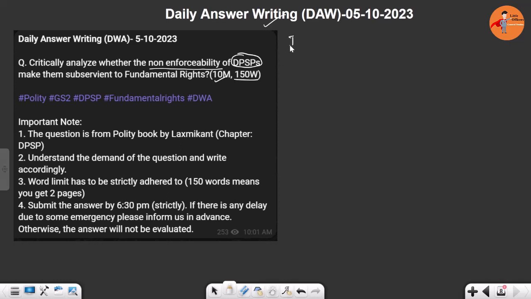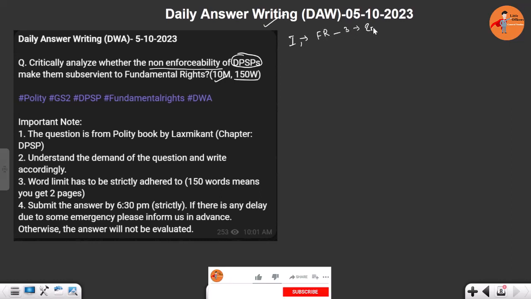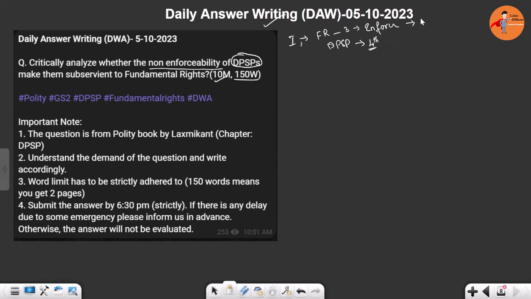In the introduction, we will begin with what fundamental rights and directive principles are, in a simple manner. So don't go elaborate much. Simply write fundamental rights being in Part 3 of the constitution and they are enforceable. Then directive principles of state policy, which are in Part 4 of the constitution. If you remember, you can write the articles as well. For example, these are Articles 12 to 35 and then 36 to 51. So you can mention these articles and the parts of the constitution in the introduction itself. Then this is the introduction.